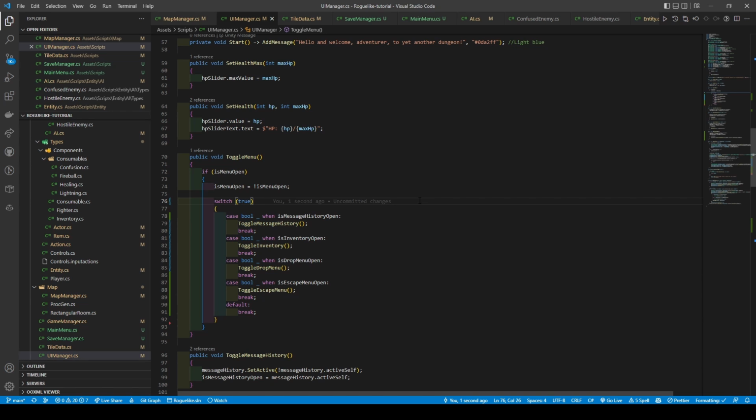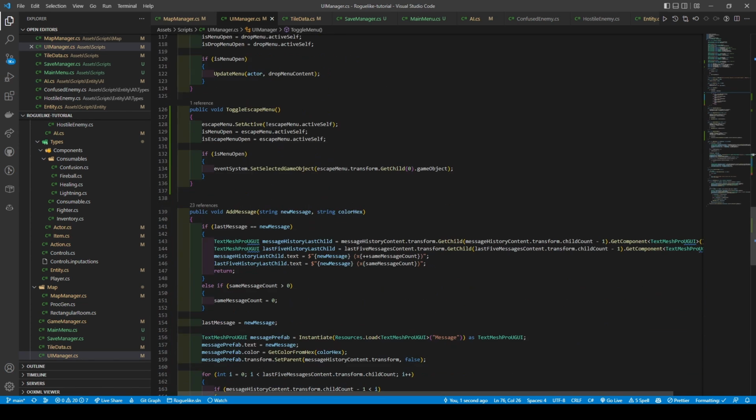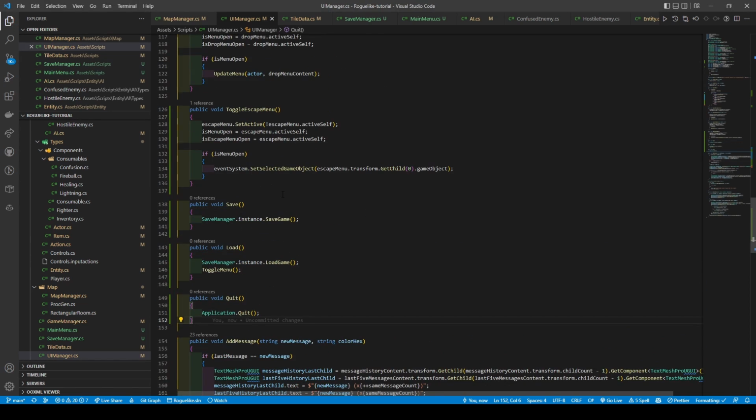Finally, going to just below toggle escape menu, we're going to add in 3 new methods: save, load, and quit. However, with the load method, not only will it call load game from the SaveManager, it will also call toggle menu. This is due to the fact that we don't want the menu open if we loaded the game while in